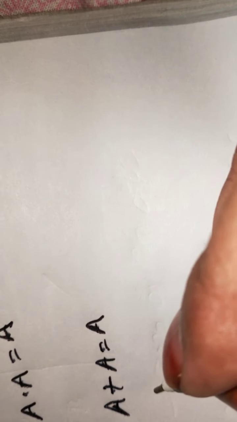For suppose a plus a into a plus a bar. Here a plus a bar equal to 1. For example, 0 plus 1 equal to 1. 1 plus 0 equal to 1. So a plus a into a plus a bar equal to